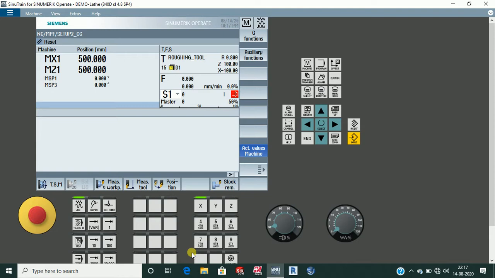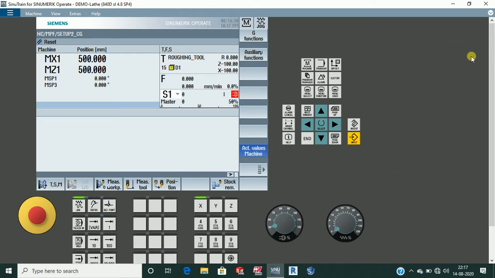I'll be covering the PPU, Program Processing Unit. Basically, this whole thing is the Program Processing Unit, and the keyboard is also included in that. I showed the image in the previous video, so no alphanumeric keys are required because we have the keyboard in front of us. This is basically a simulator, not the real machine.